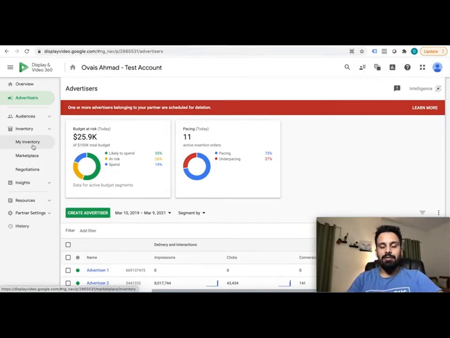My inventory will show you all the deals that you have negotiated with the publishers, and they all will appear here. If you click on the marketplace, it gives you a generic idea about